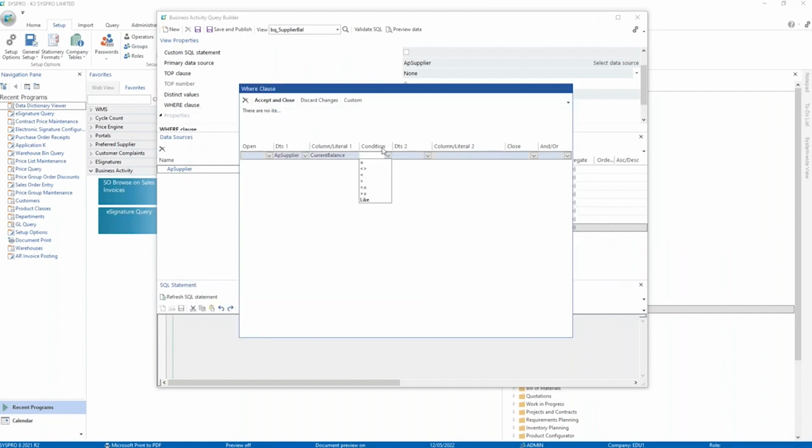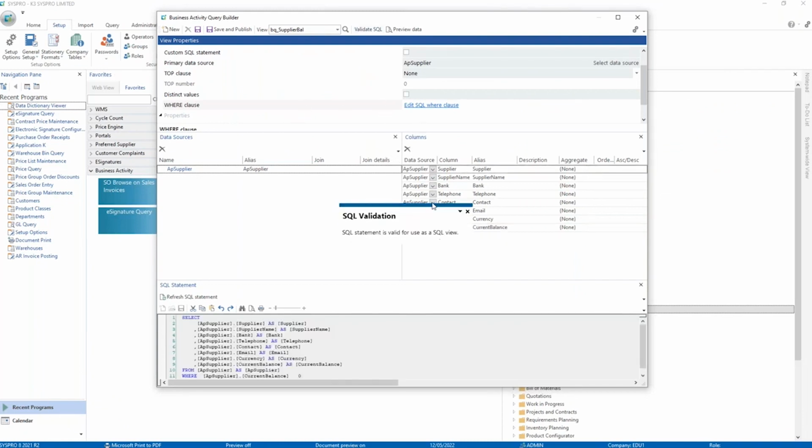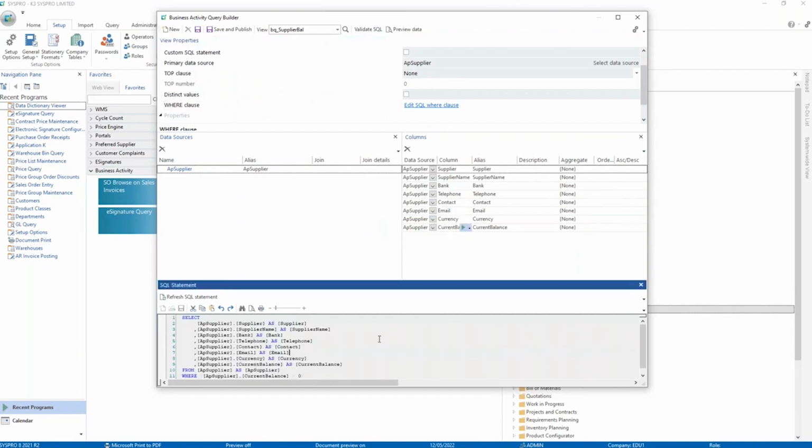The condition, so very similar to conditional formatting that we saw before. And I want to see anything where the current balance is greater than 0. So I'm not using a column, I'm using a little string. So I'm going to go into here and just type in 0. And I can cascade these as many rows as I need. And hit accept and close now. So I've got a filter and I can hit validate SQL, and that should give me a valid SQL statement